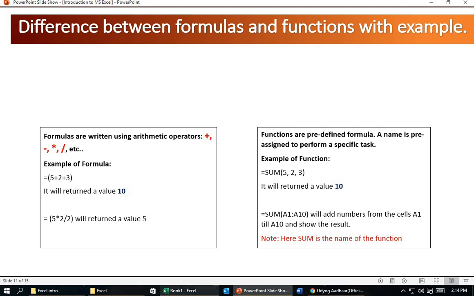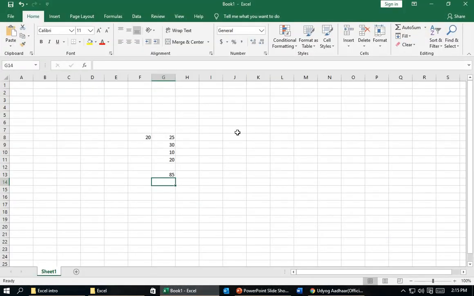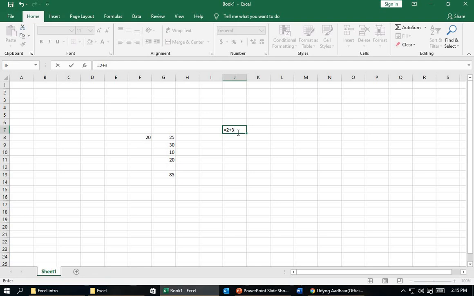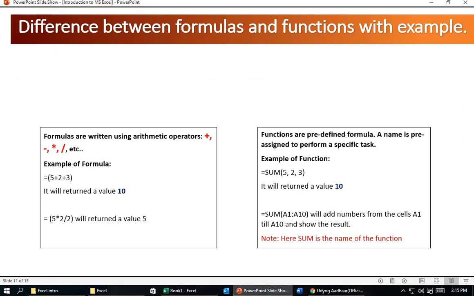Okay, let's check it. Here, equal to 2 plus 3 will return 5. Okay, now let's do another example. Equal to 2 plus 3 plus 5 divided by 2. This will return 7.5. Okay, next,